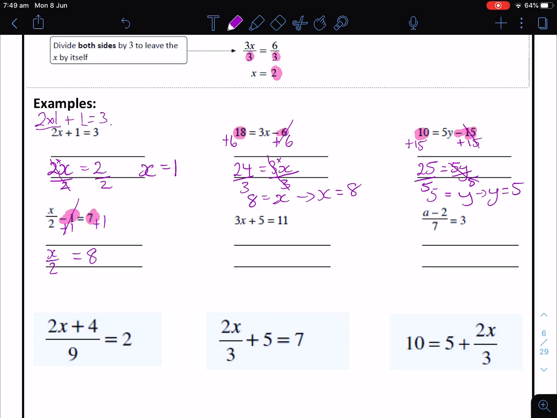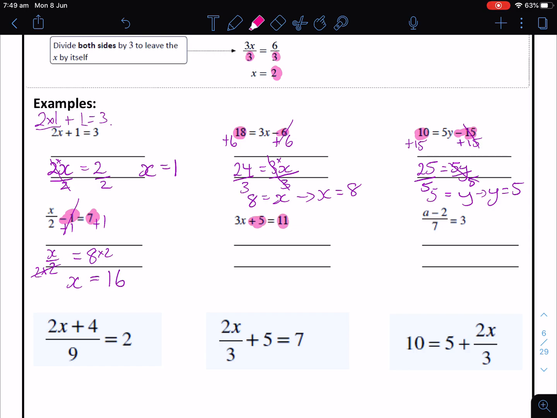Now we're back to a one-step equation. So we've got x divided by 2. So the opposite of divided by is to times 2. So we're going to times 2 on both sides. The 2's cancel out on this side and we're left with x, and 8 times 2 is 16. Alright, next one. We've got